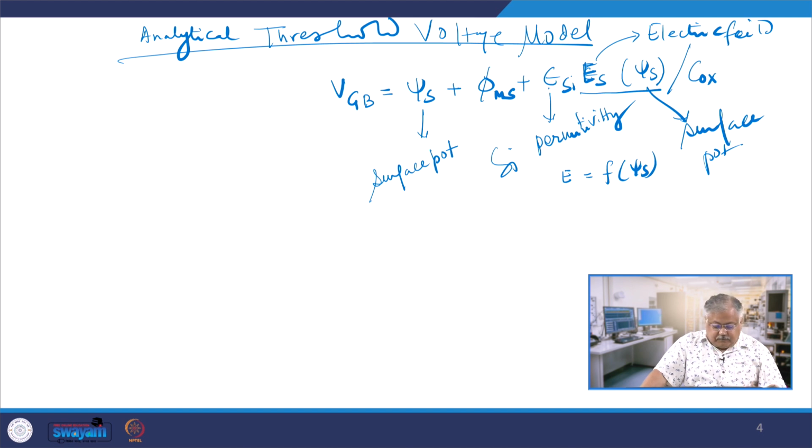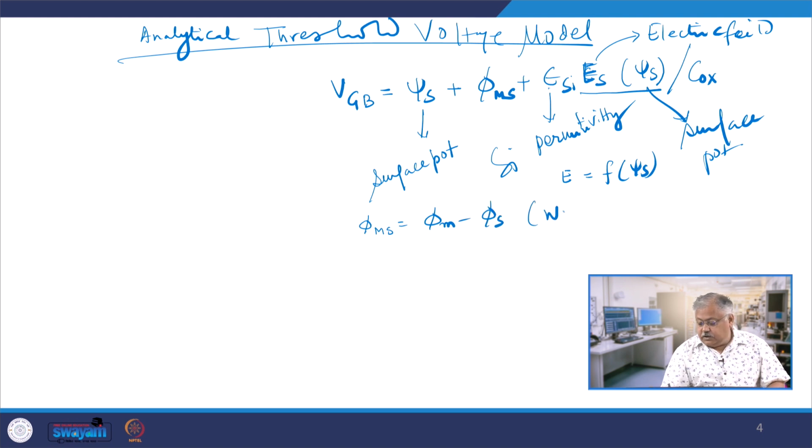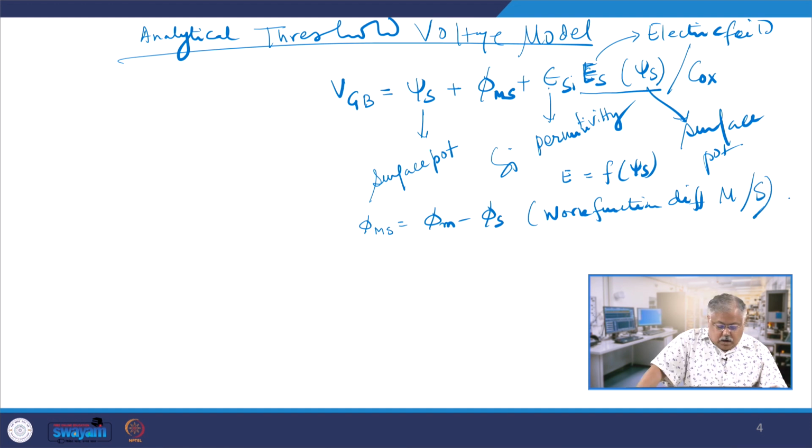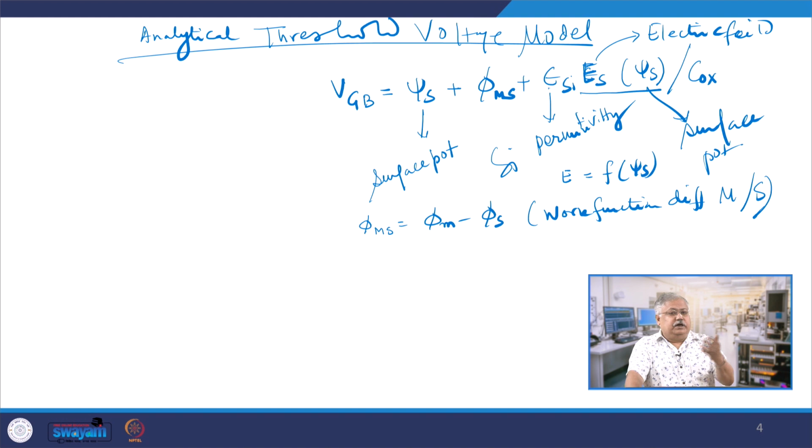And phi ms is the work function difference between metal and semiconductor, phi m minus phi s. At this stage, we are not taking into consideration any fixed oxide charges or interface trap charges. We are assuming that they are not available, and therefore, they are not coming into the threshold voltage equation. Now, the threshold voltage is usually defined as gate to bulk voltage for a given surface potential psi s,